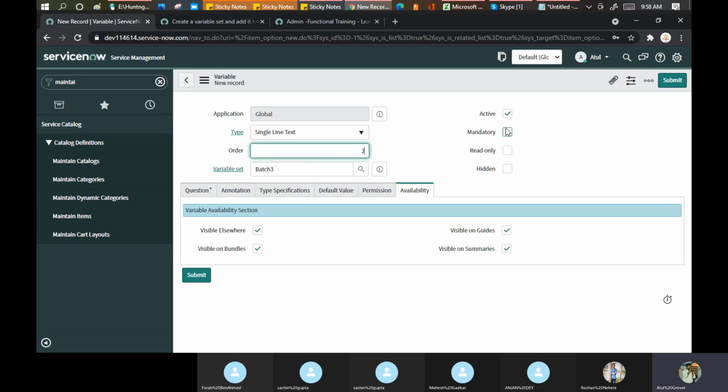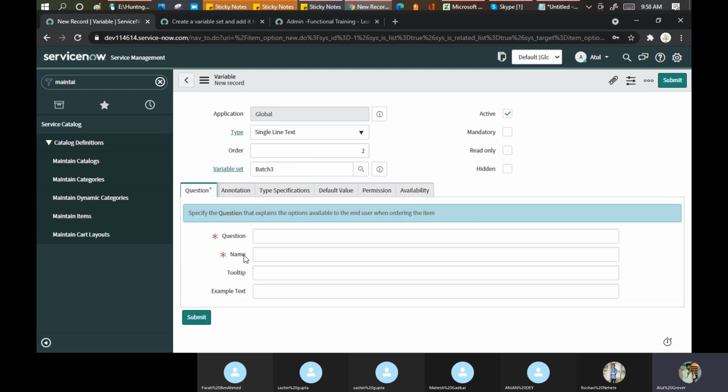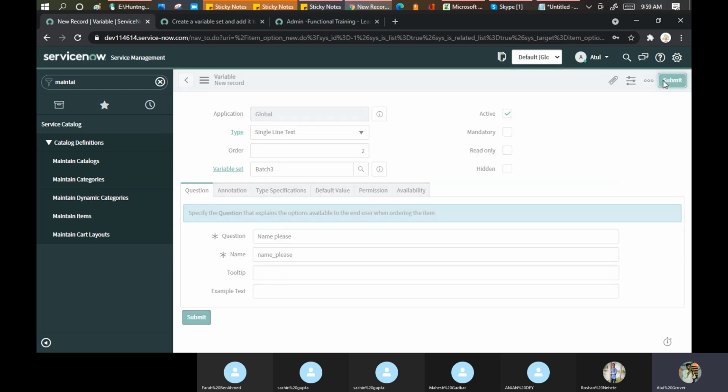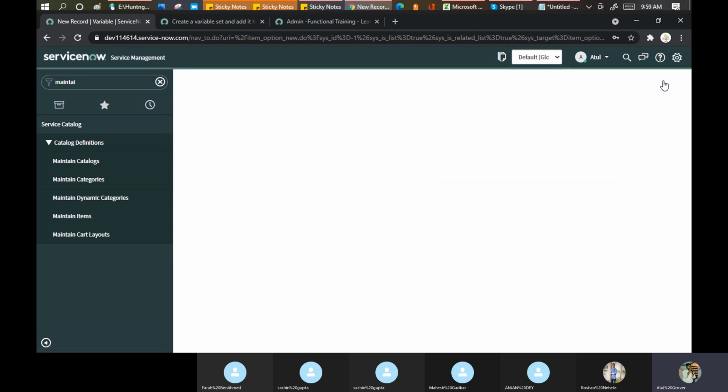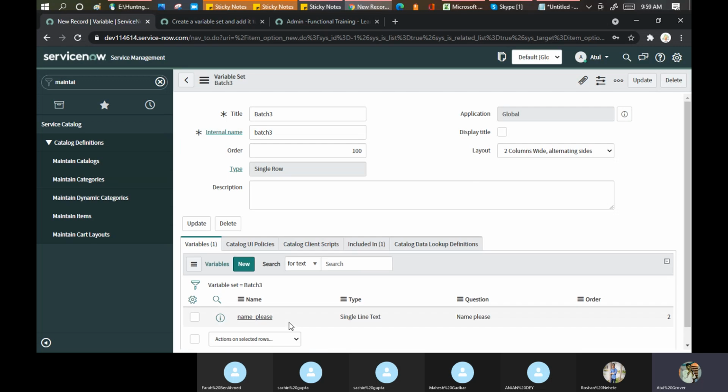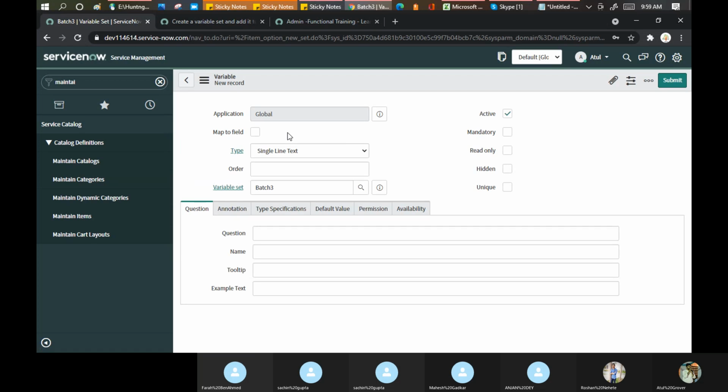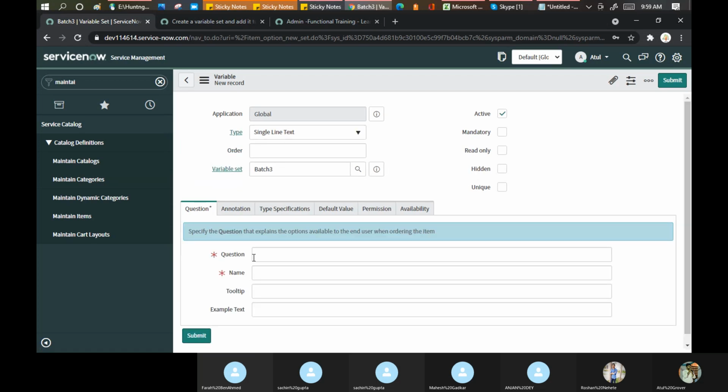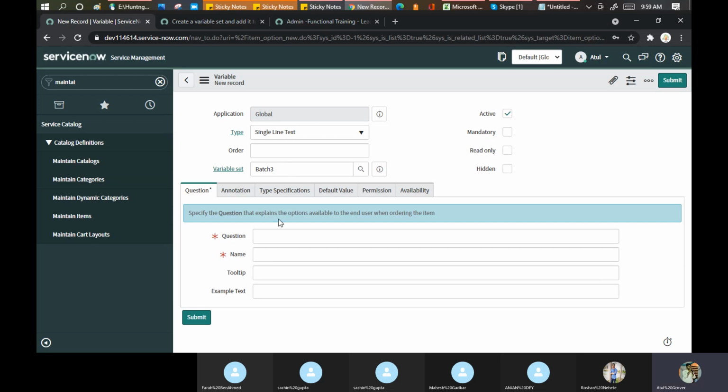Order to mandatory question, please. That's all, and click on submit. I'm not doing any major changes, I am just creating one more variable in the variable set. Let's put again single line text.